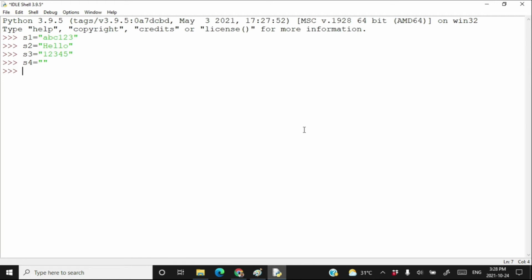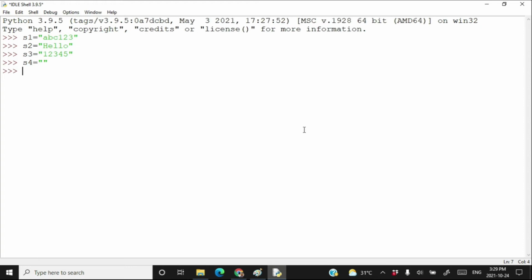Remember the definition: if a string has only alphabets, only numericals, or both, in all these three cases the string is alphanumeric. So here the strings s1, s2 and s3 are alphanumeric, whereas the string s4 cannot be considered alphanumeric.